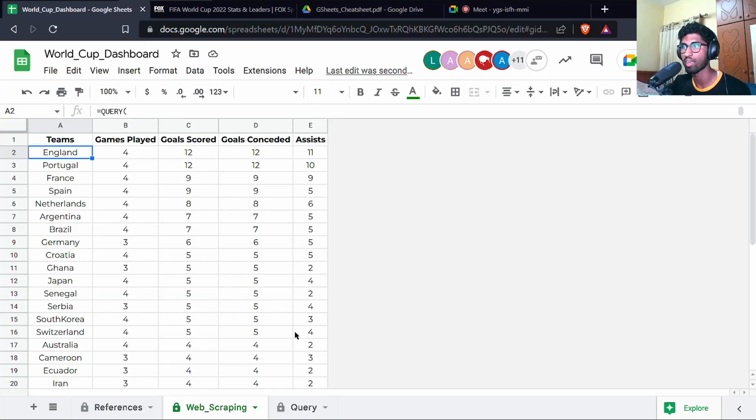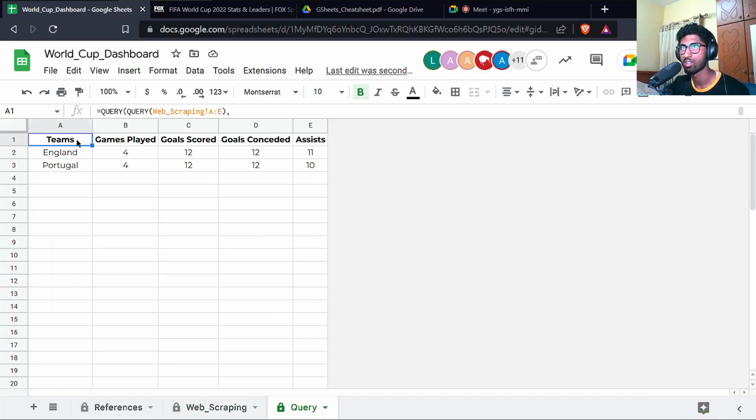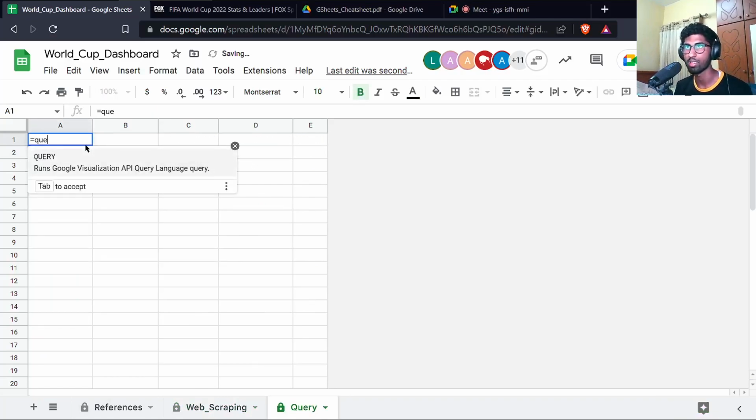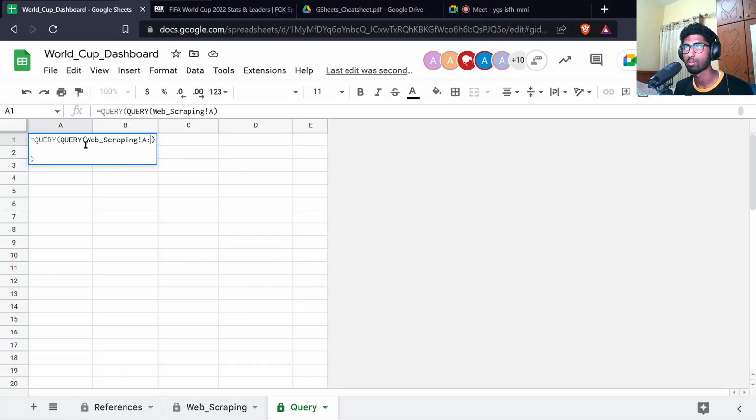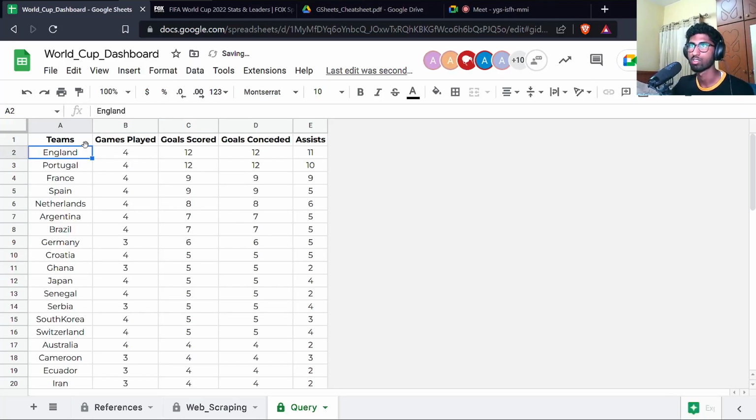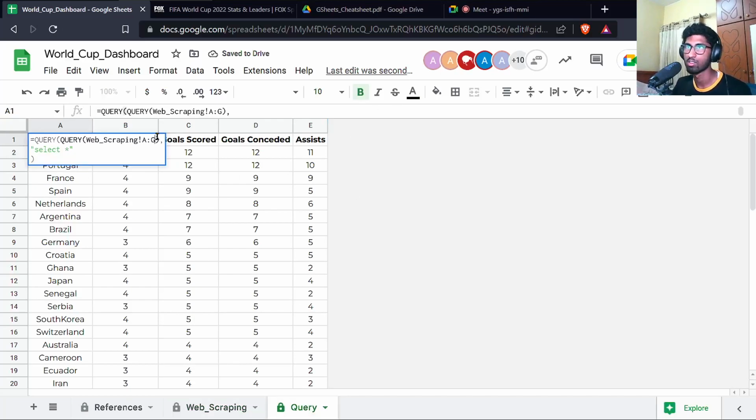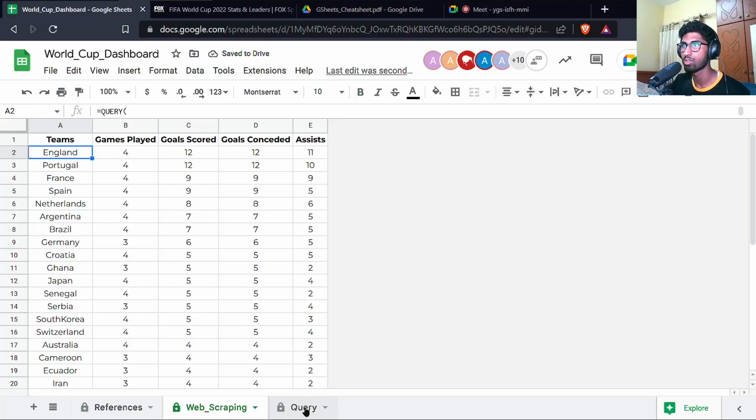Let's just focus on making a live dashboard. So I will now create a query sheet. I'll say equal to query. Now what am I going to query? I am going to query which table? Web scraping. Scraping table, column A till, I will just check what is there. Okay, A till E. So now I have a copy of this data and I'm going to do queries on